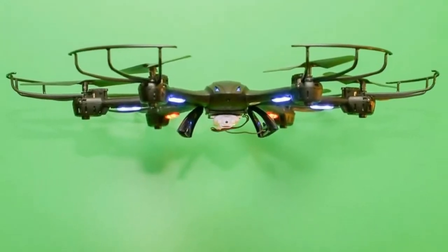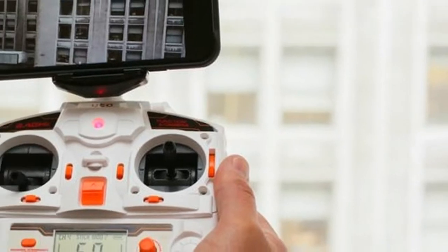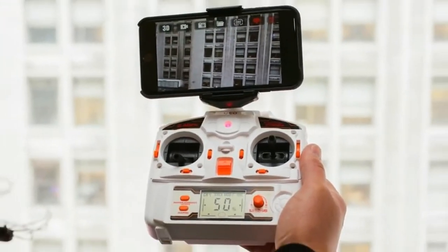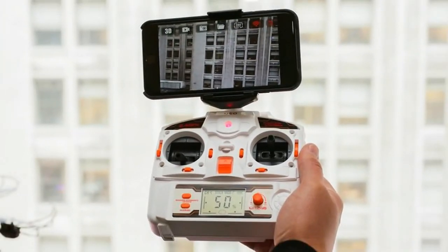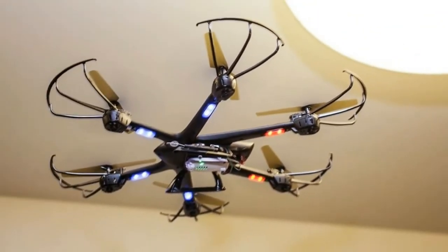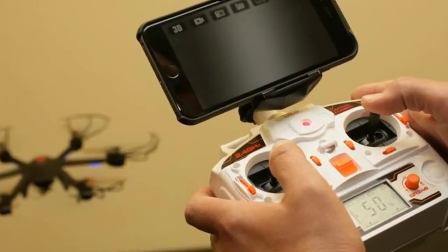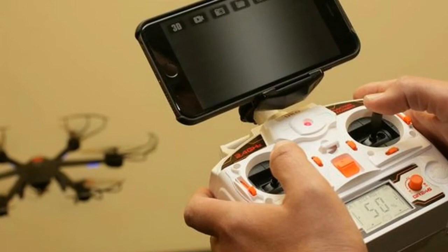It has a headless mode, for example, which means you don't need to worry about what direction the drone is facing, as it will always move in the direction you move the stick relative to your position. Plus, in this mode, you can press a controller button to get the U960 to return to you automatically. You can also do flips and rolls easily enough, and, for more experienced pilots, you can set speed and throttle